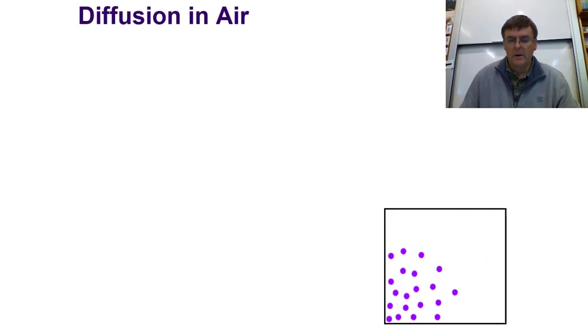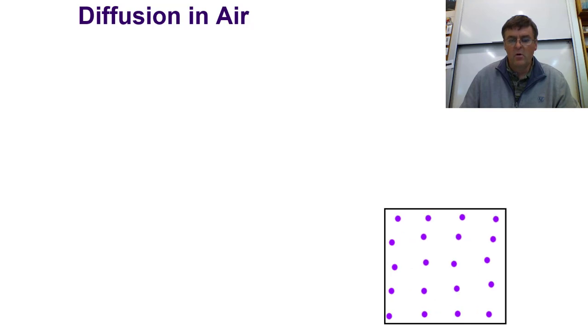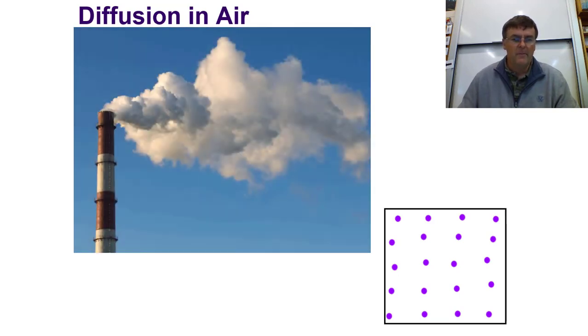So looking at the little picture there, it starts out in one corner and spreads out. That's what diffusion's happening. It's where it starts out concentrated in one place and spreads out till it's shared equally throughout the space that it's in. If it's a room, however, if it's out in the open atmosphere, it may take a bit longer to diffuse